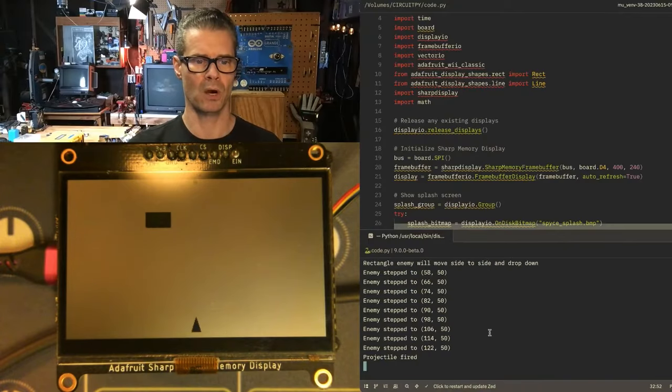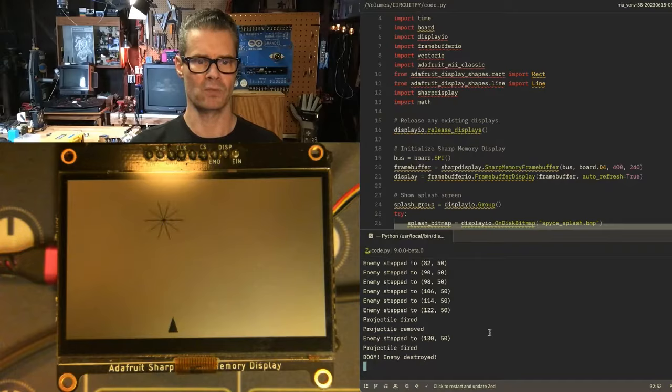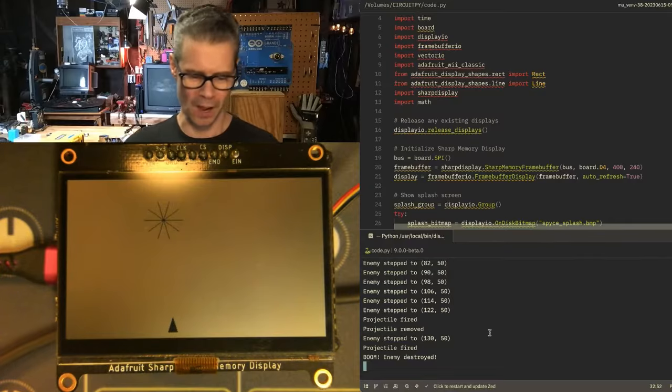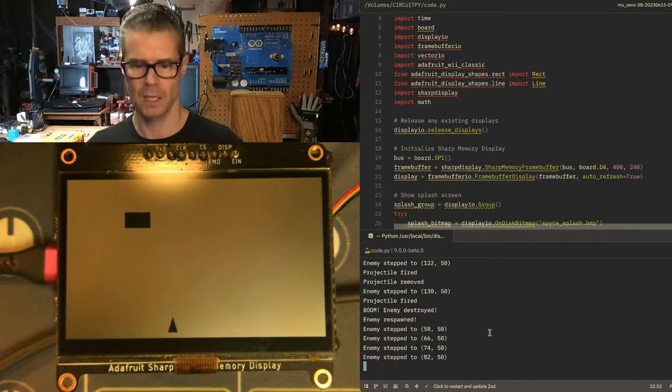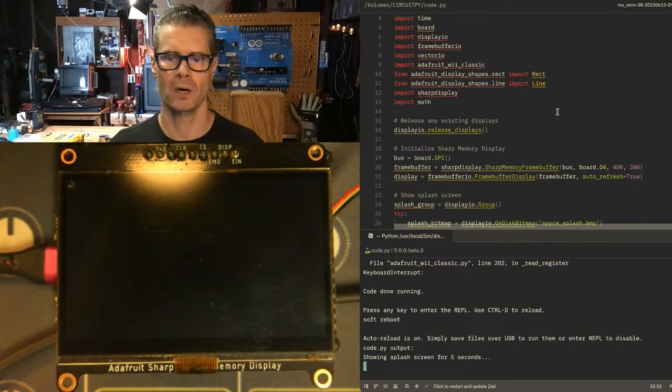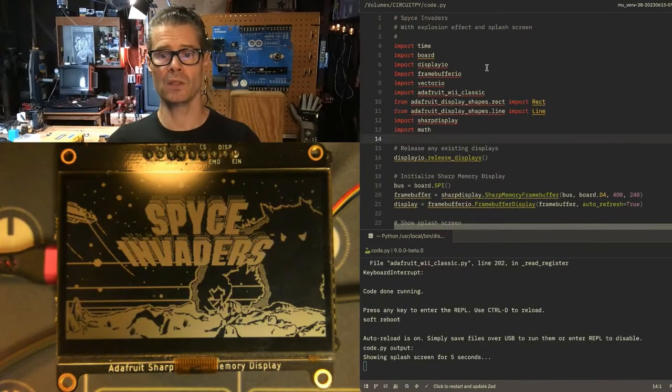The game is pretty hard to lose right now. All you got to do is shoot the ship and it explodes. So the way this works, and I'll go ahead and reset that so that graphic is up there. The way this works, in the main